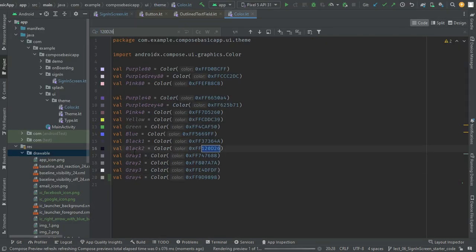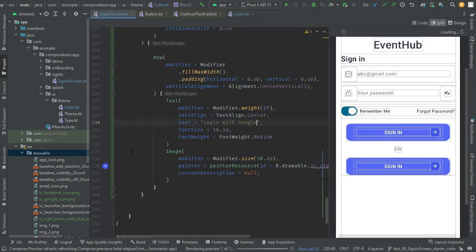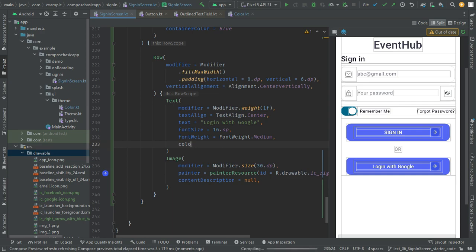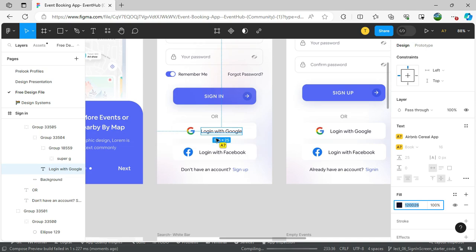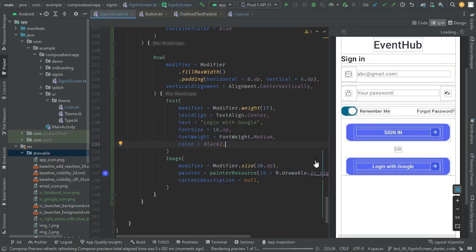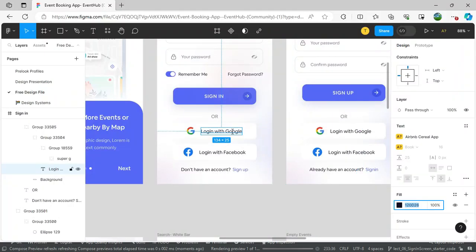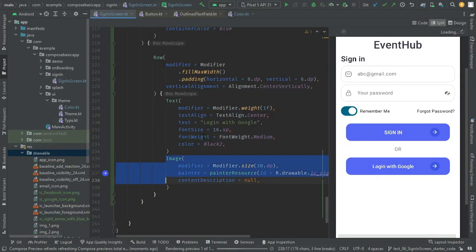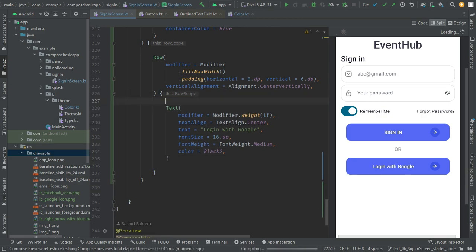We already have that color in our file, so black too, and the size is 16. Actually it's some font, but it would be similar to the design. So color black, and shift this logo to the left side,